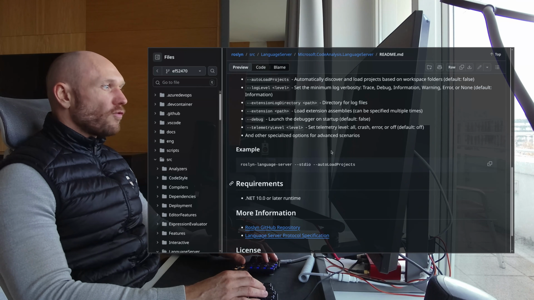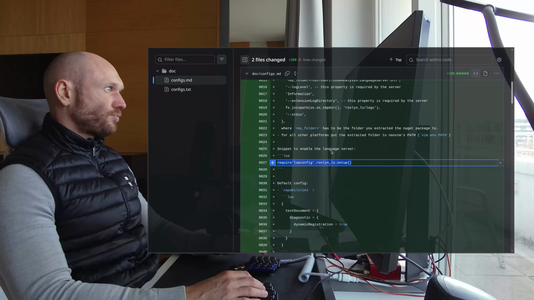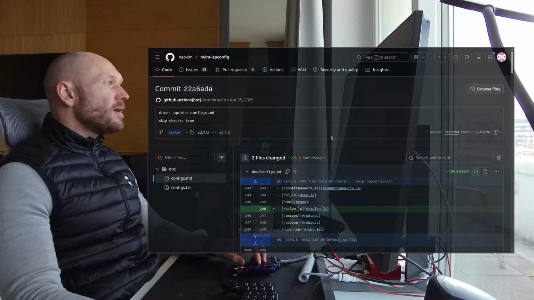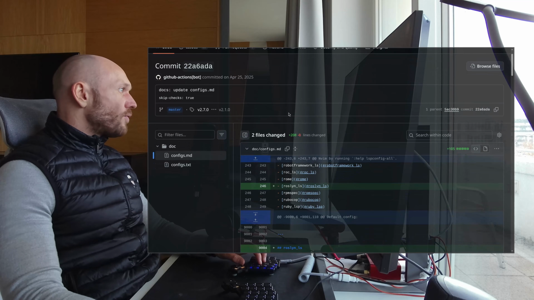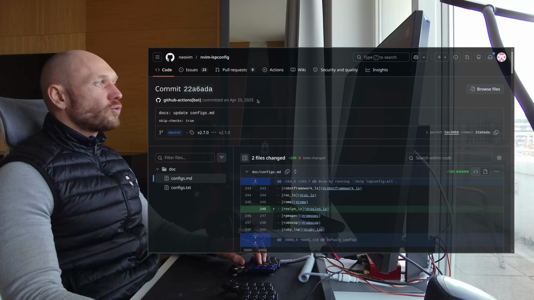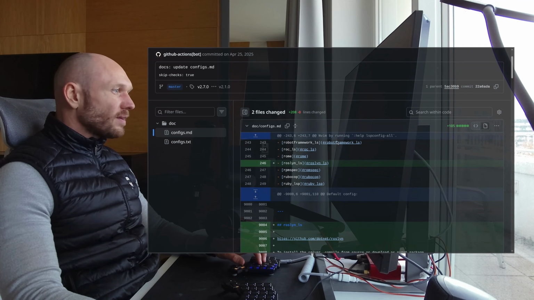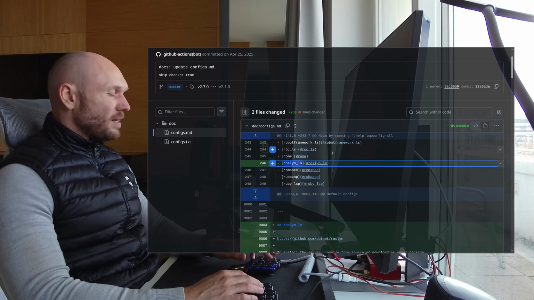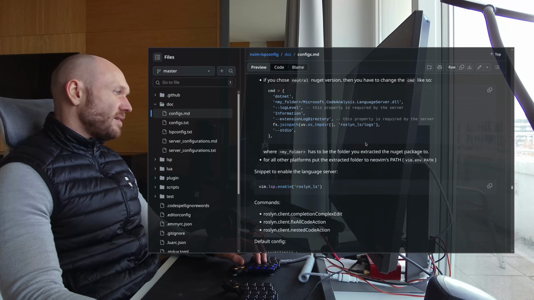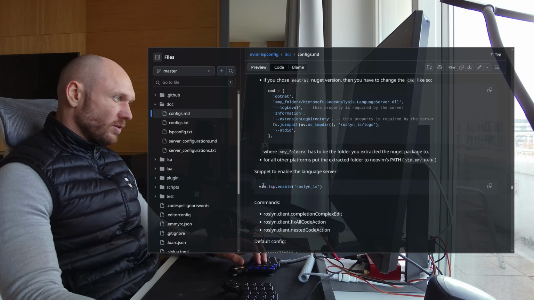So I did a little bit more digging and I found out that there's actually a commit in the nvim-lspconfig README from, where's the date? April 25th, 2025, that already mentions the Roslyn Language Server. And when you look at the README now, then you see there's an update here and there's a snippet to enable the language server with